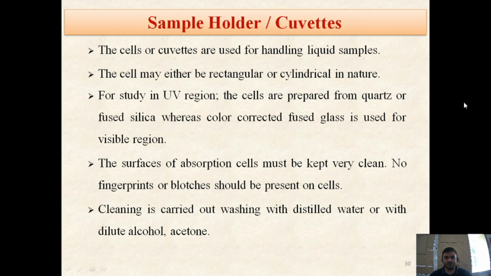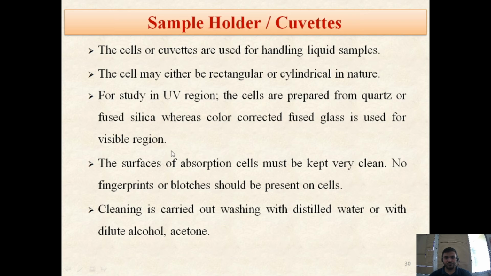Sample holder or cuvettes. The cells or cuvettes are used for handling liquid samples. The cell may either be rectangular or cylindrical in nature. For study in the UV region, the cells are prepared from quartz or fused silica, whereas color corrected fused glass is